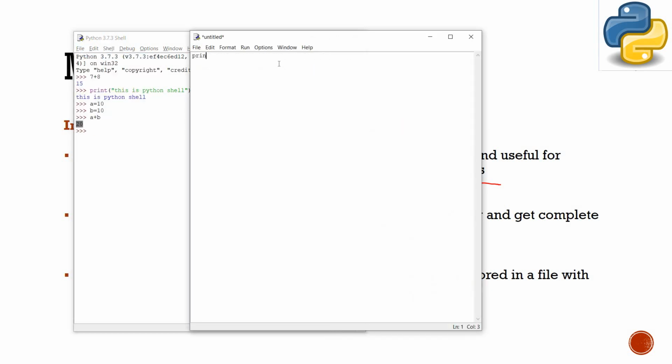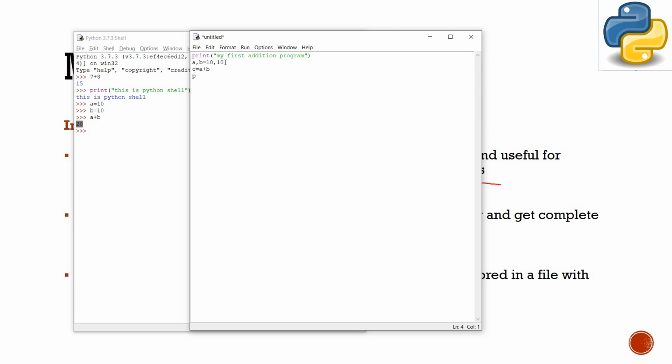Now print my first addition program. After that I'm taking a, b is equal to 10, 10. We can also write a, b is equal to 10, 10 in one line. This is only in the Python language, because we do not have this kind of feature in any other language. In this, it is automatically understood by the Python interpreter that a has the value 10 and b has the value 10. Now I am doing c is equal to a plus b.